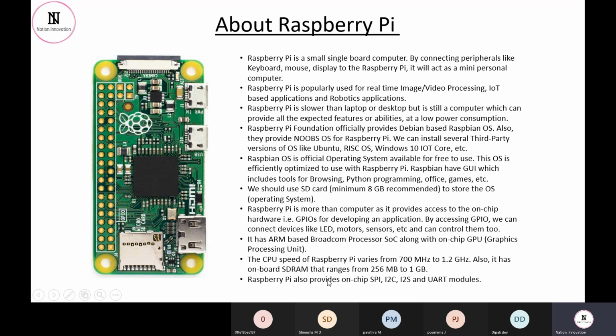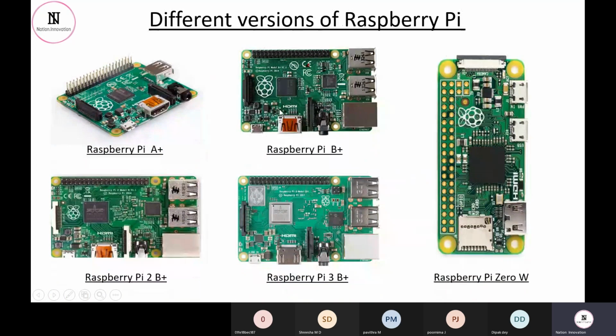Then the Raspberry Pi also has UARTs, I2C protocols, and SPI protocols. These are all for the communication part, like communication from one sensor to another sensor, or one device to another device. These are not directly related to your IoT. It's basically for how we can send data to different devices. These four are the normal protocols which are almost available now in almost every device. Fine.